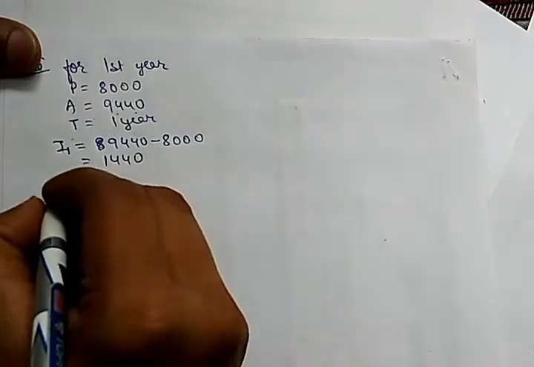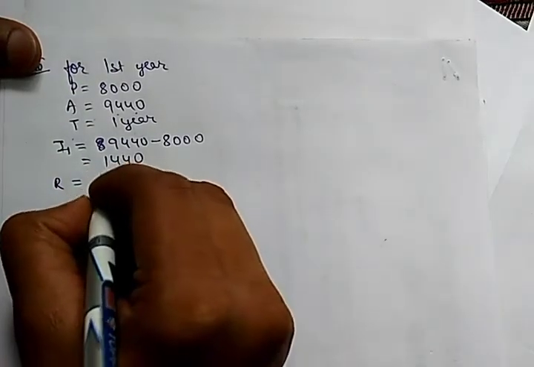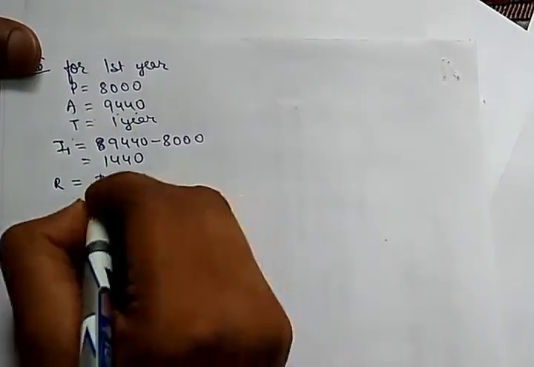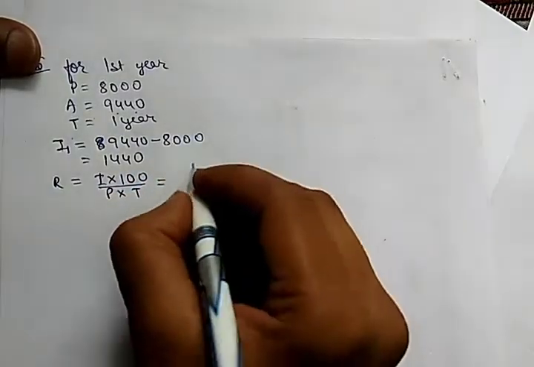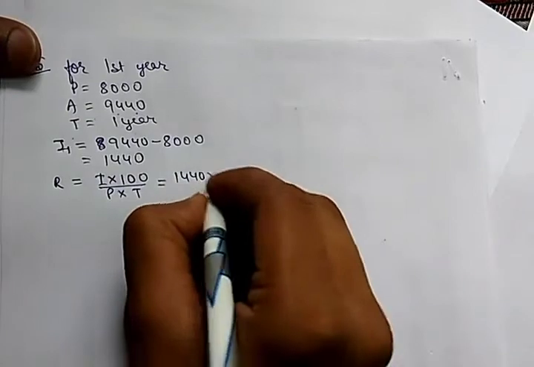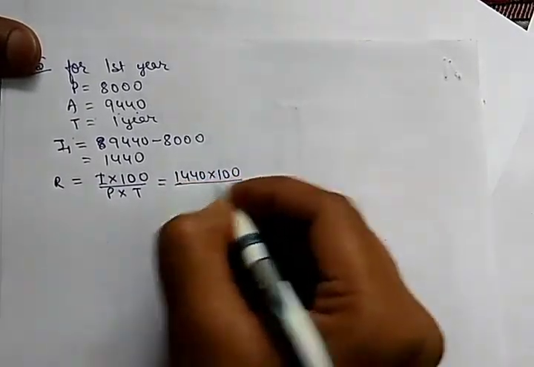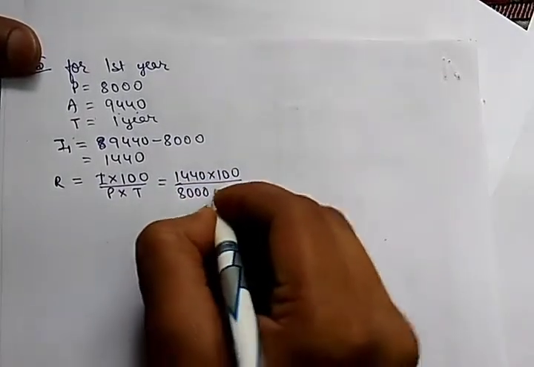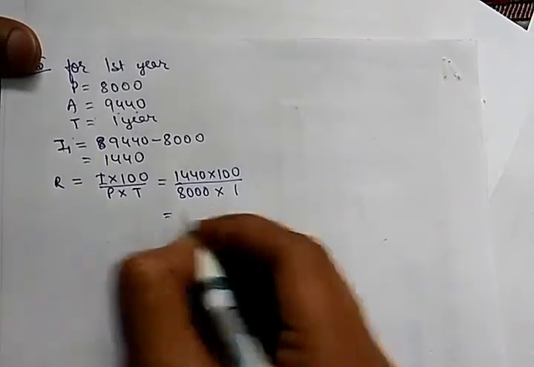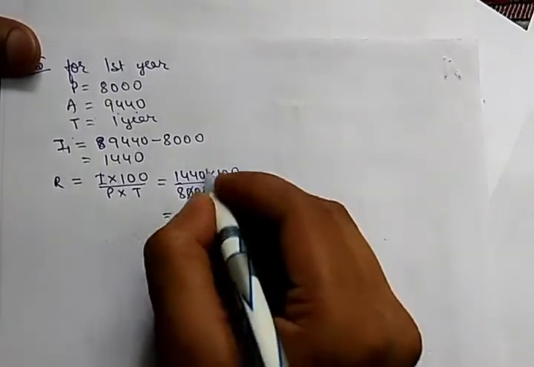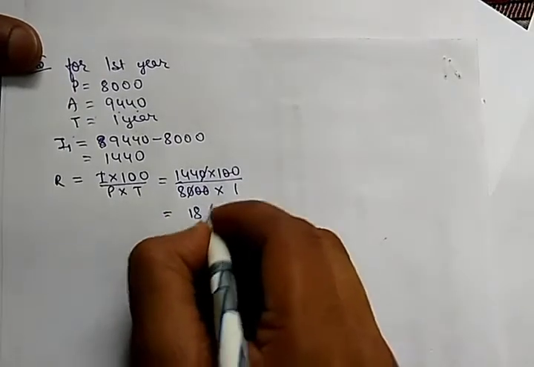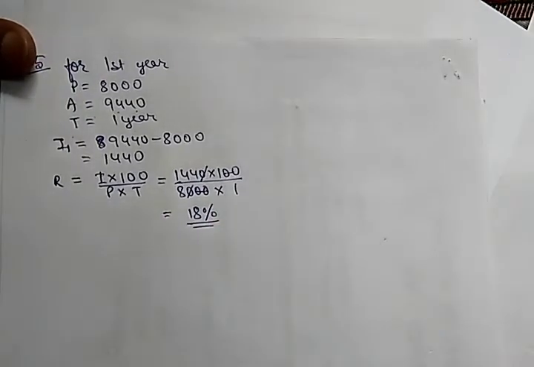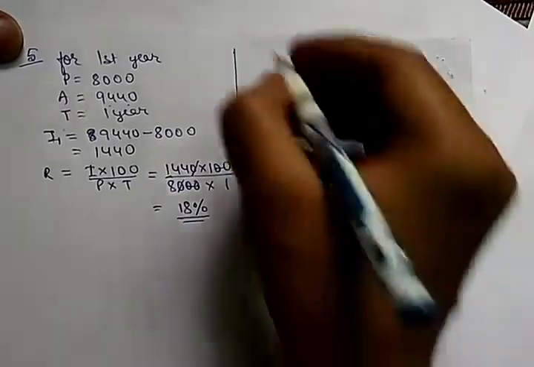So the rate will be equal to I into 100 by P into T. So I is equal to 1440 into 100 by principal 8,000 into 1. So this goes out, this goes out. 8 into, that is 18. That is 18% rate of interest. So for the second year,